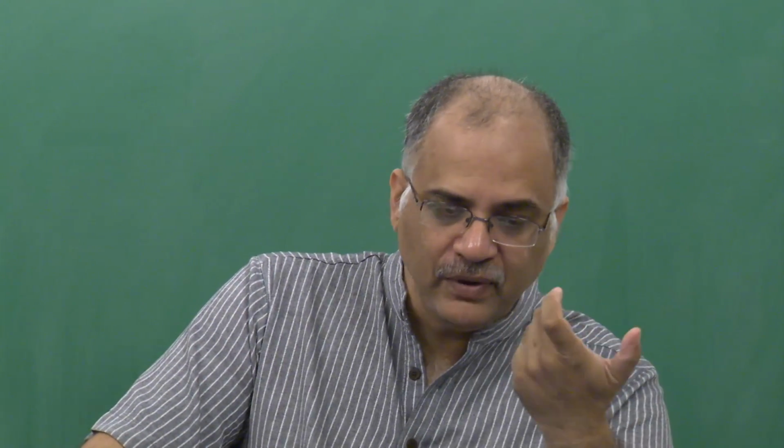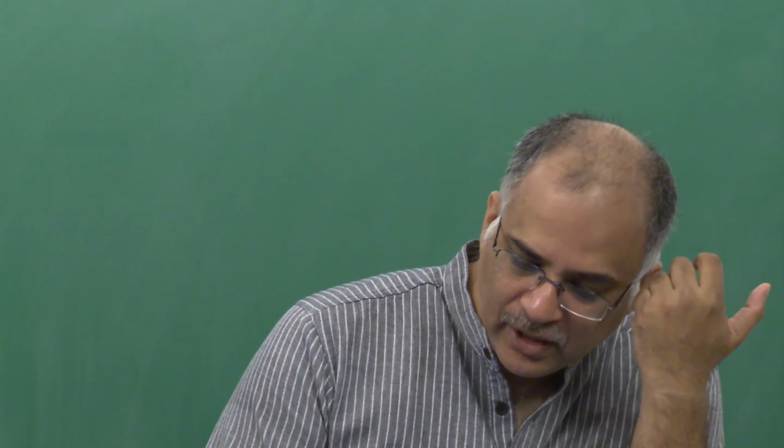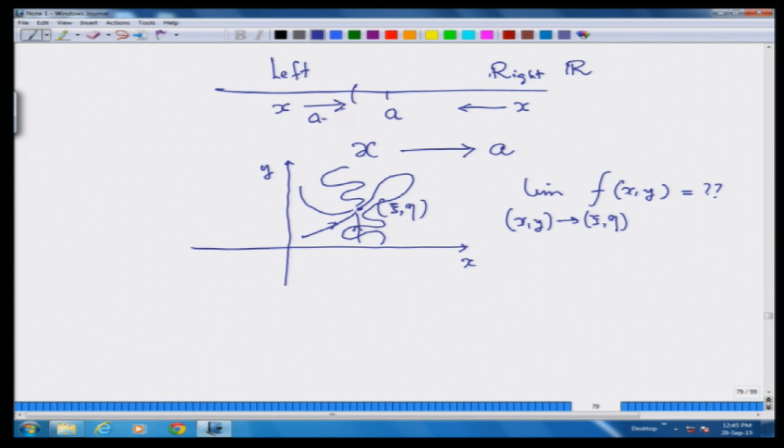Just like we have defined the delta neighborhood of the point A, say for example, A minus delta and A plus delta. So, it is the open interval around A on the real line, and we call this open interval the delta neighborhood, NBD is short for neighborhood. So, for a real line, delta neighborhood is equal to A minus delta to A plus delta. So, what do I mean by a neighborhood here? That is a very important concept. For all our studies, neighborhood would mean the following,